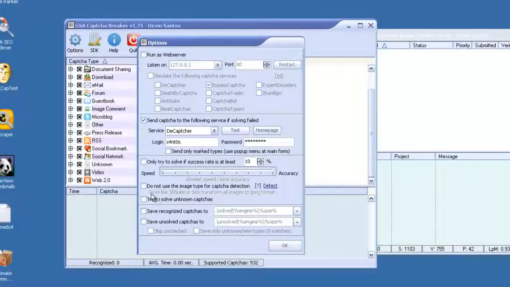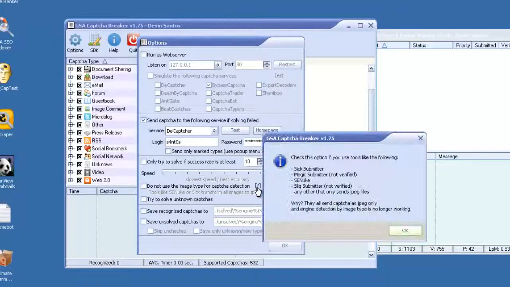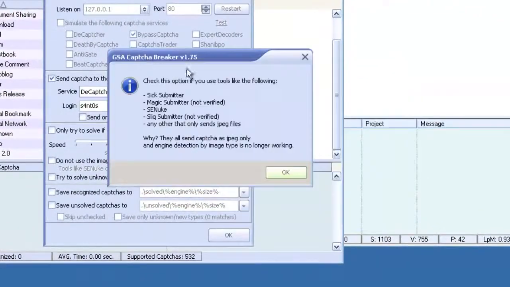And then below that you have the option here that is required for certain software. If you click this little question mark right here, it'll pop up a box and it tells you check this option if you use tools like the following: Six Submitter, Magic Submitter, SE Nuke. Some of these